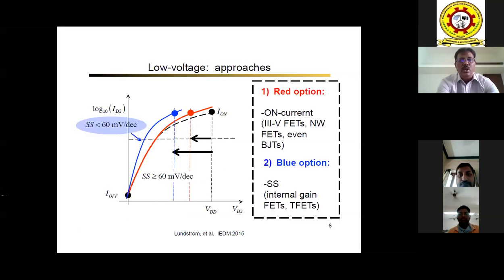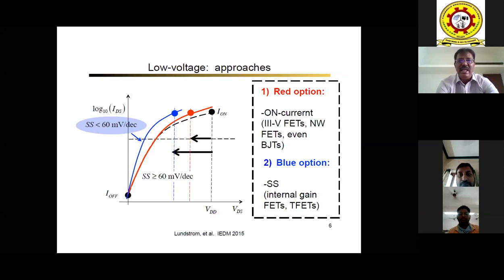Good. Now we move on to the next approaches. What kind of approaches are quite appropriate in this low voltage region? We know very well that we wanted to move below 60 millivolts per decade if possible, which is not the case in a conventional MOSFET. And if there are any other devices which can fulfill this requirement, then obviously researchers are more inclined to focus